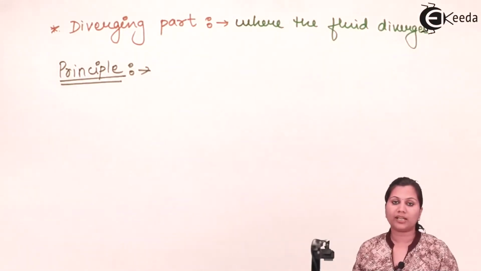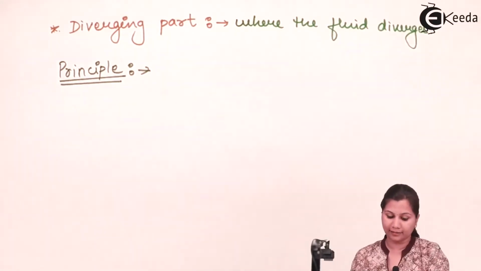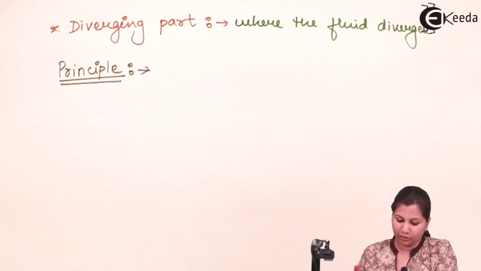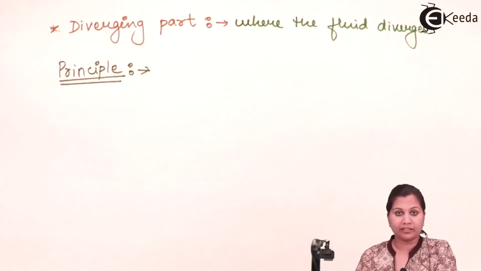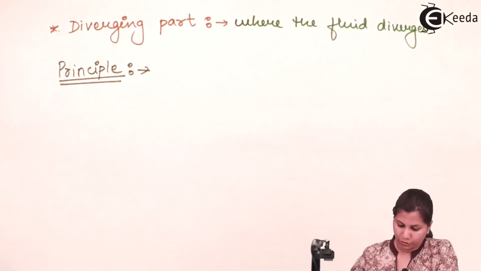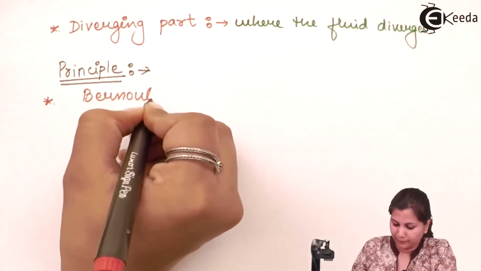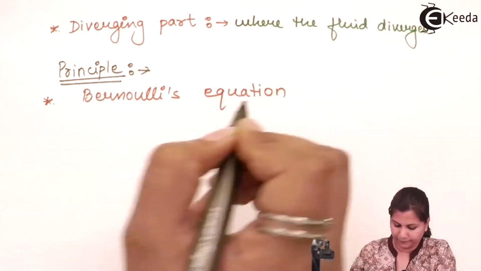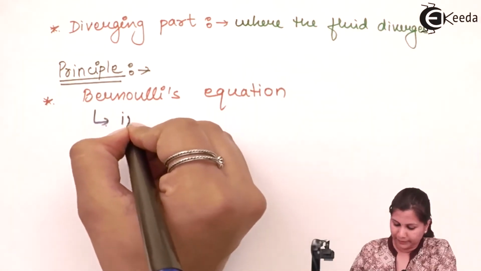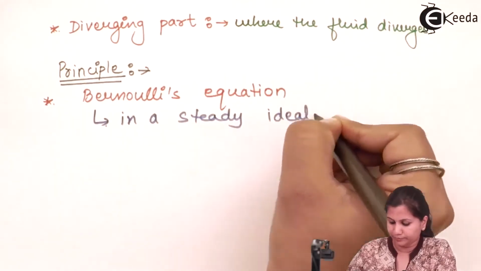Bernoulli's equation gives us a relationship between the pressures, and it says that for an ideal fluid, an incompressible fluid, the total energy at any point of the fluid is constant. So the working of the Venturi meter is based on Bernoulli's equation, and this equation states that in a steady ideal flow,